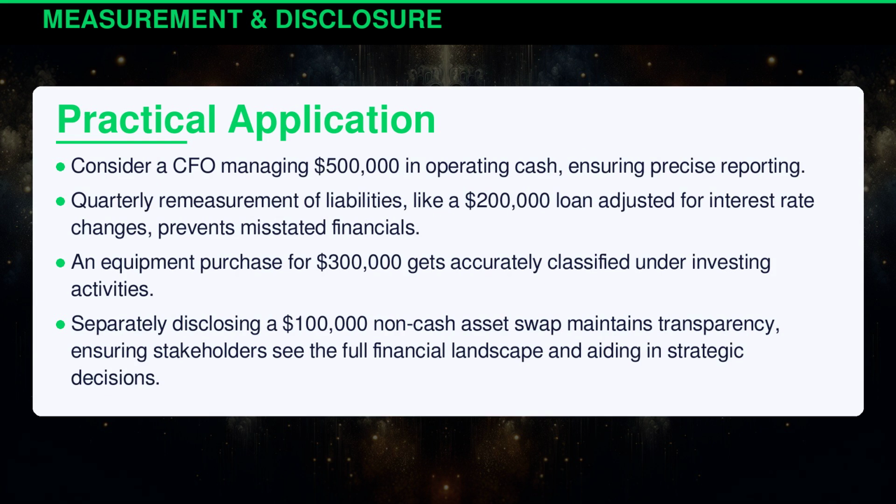Consider a CFO managing $500,000 in operating cash, ensuring precise reporting. Quarterly remeasurement of liabilities, like a $200,000 loan adjusted for interest rate changes, prevents misstated financials. An equipment purchase for $300,000 gets accurately classified under investing activities. Separately disclosing a $100,000 non-cash asset swap maintains transparency, ensuring stakeholders see the full financial landscape and aiding in strategic